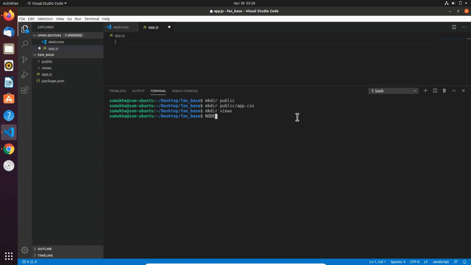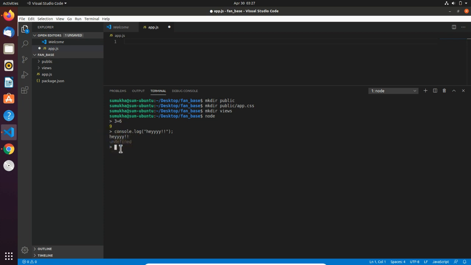And here if I type in node, this is the node terminal. Okay, if I give 3 plus 6, it shows 9. If I type console.log hey, it says hey.